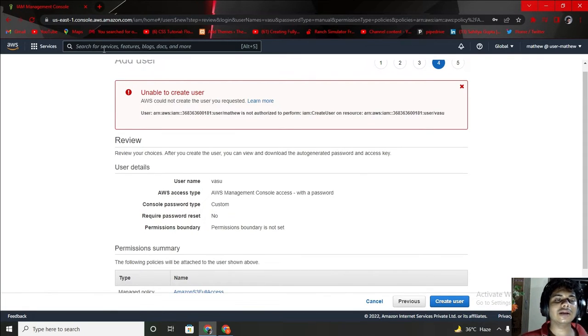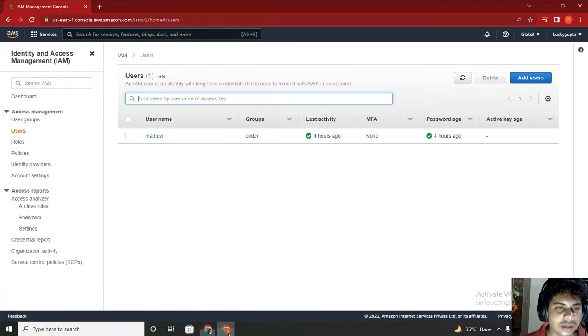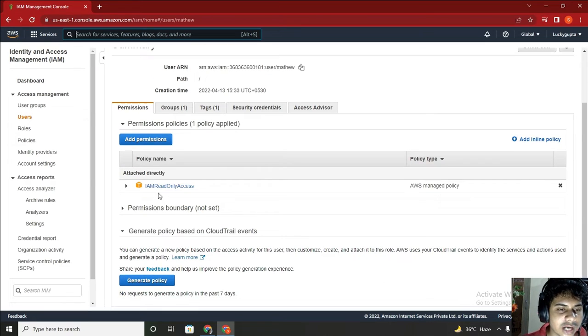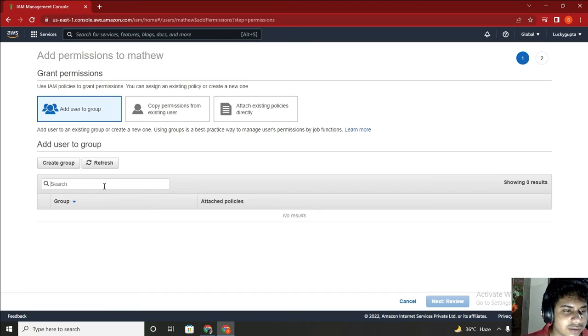You can see that it is unable to create a user because this is not my root account. You can see that I have given a policy for read only, so I am read only. So I can also add permission. You can see that IAM,